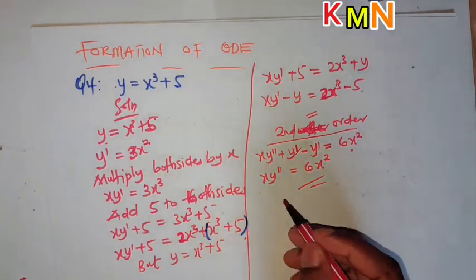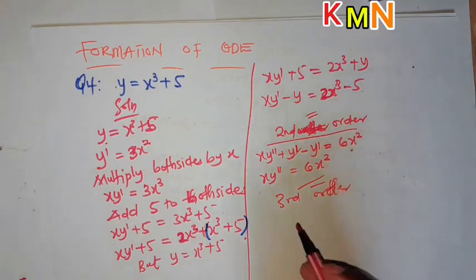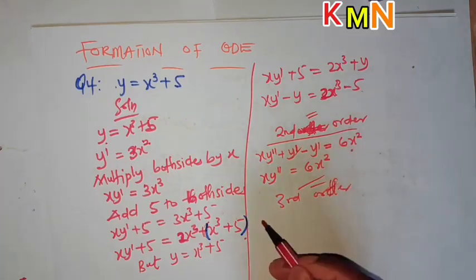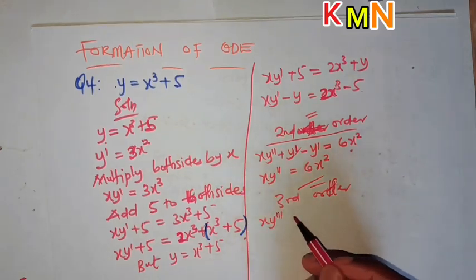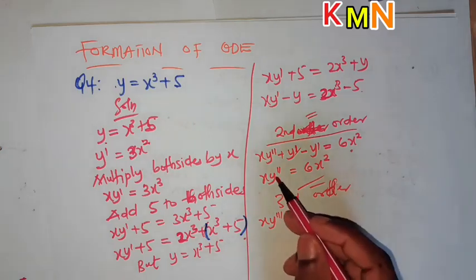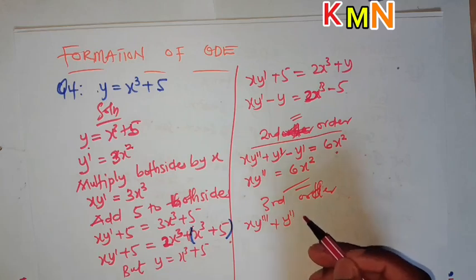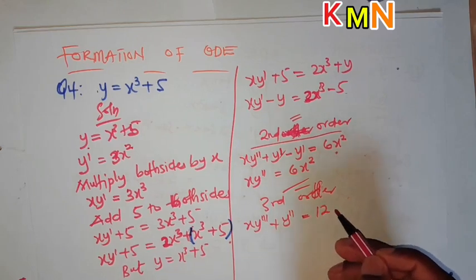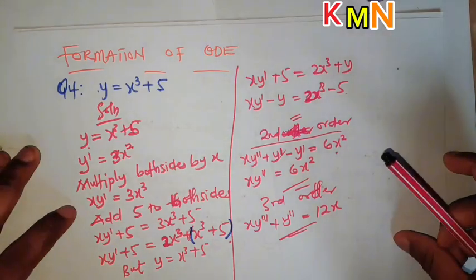We can continue by forming the third order. For the third order, the same implicit differentiation: maintain this and differentiate this. This will be third order. Plus, now we maintain the y prime prime and differentiate, and that will give us this, equals 12x, and that's our third order. So that is that for the formation of